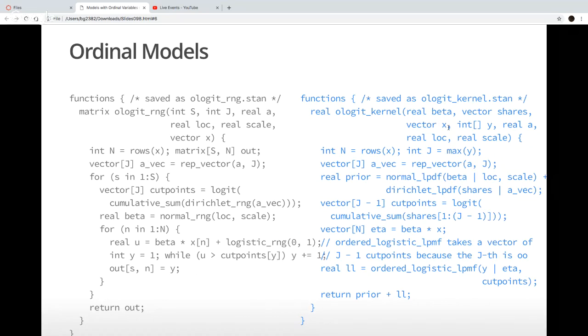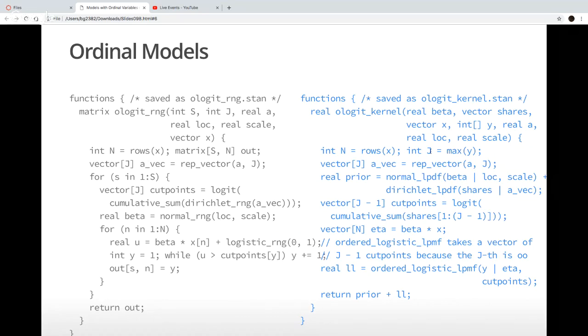We're going to take in x. We now have observed values of y, which we're going to put in a one-dimensional integer array, and then the hyperparameters we had before, which we're going to need to use to specify our priors. So we just pull out the number of observations from the number of rows of x,